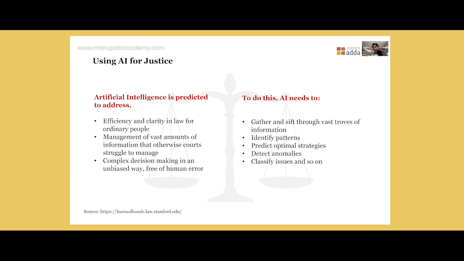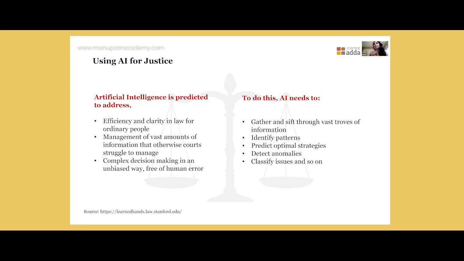So, of course, using AI for justice is something that people have spoken about for many, many years now. And the solution that I'm going to present today is something that developed even before ChatGPT. Of course, we all know about ChatGPT now, and we're talking about generative AI and all of that. But in general, AI and within the generative AI space as well, there are similar issues, which is that AI can solve a lot of problems. It can increase efficiency. It can obviously bring in more clarity.